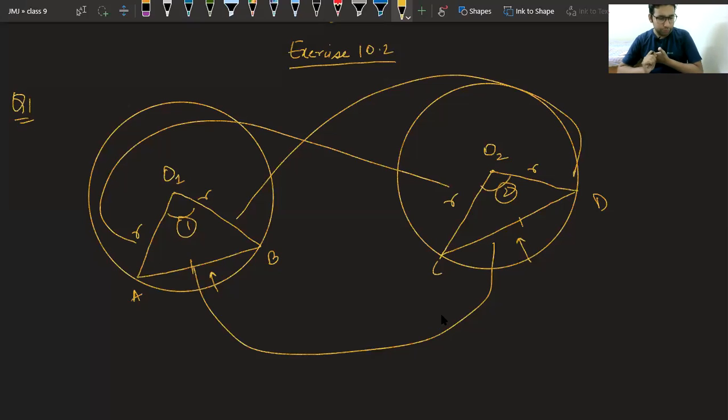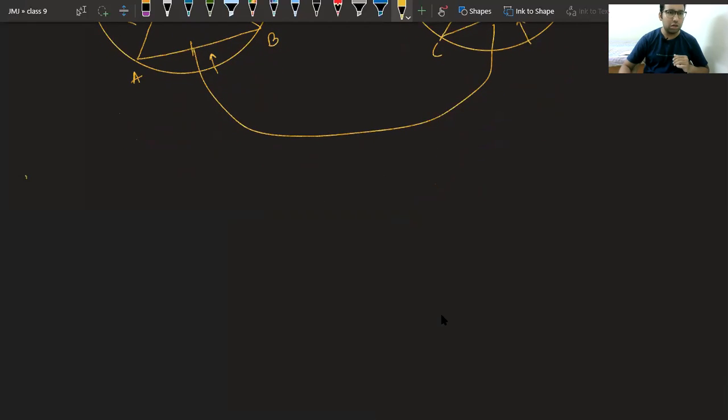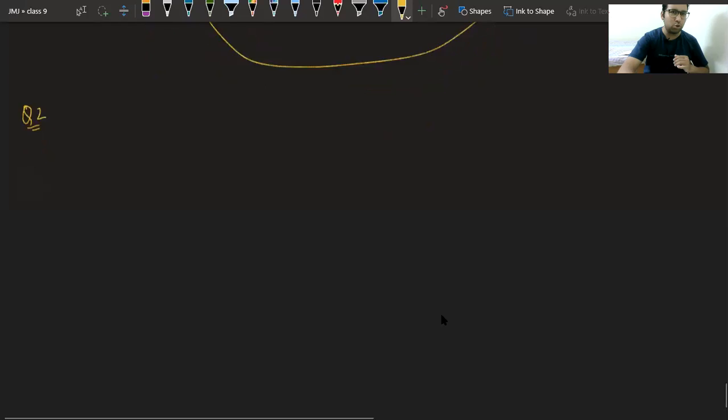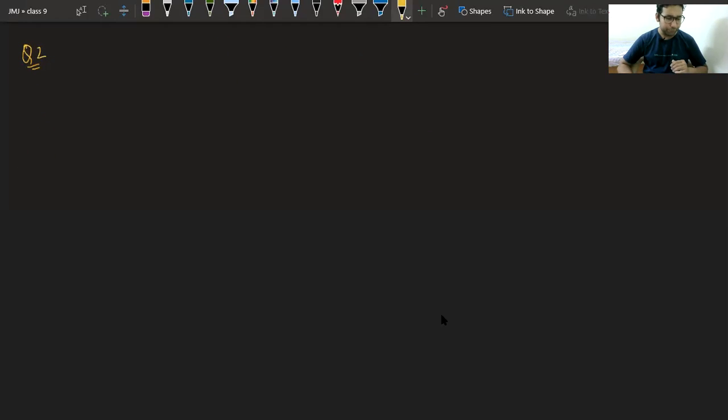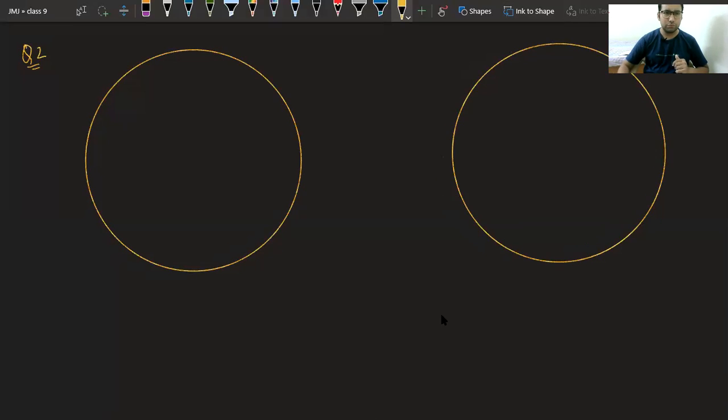Okay, so now the next question, question number 2, is also similar, and based on the converse of the theorem. You can just read the question and try to understand what it is asking. Prove that if chords of congruent circles subtend equal angle at the center. So this time, the second thing is given to us. If there are two chords and they are subtending equal angle at the center, so if a chord AB is there and center O, circles are congruent here also. That means the radius is the same in both the cases.